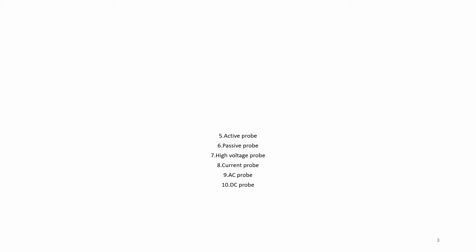The current to be measured is forced through the primary winding, and the current through the secondary winding is found by measuring the voltage across a current sense resistor. For DC probes, transformers cannot be used. Some DC probe designs use the nonlinear properties of a magnetic material to measure the DC.